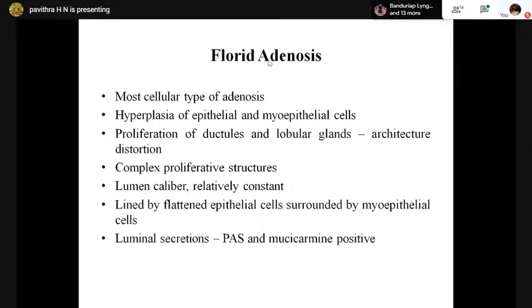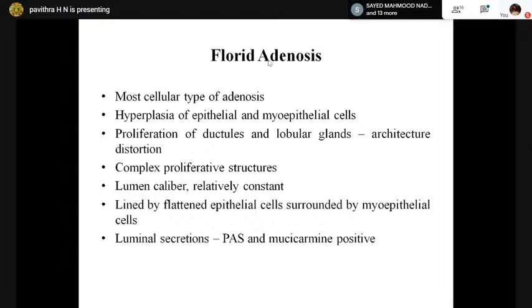So why is it? This happens because in adenosis, it is not like they are only proliferating. Along with proliferation, they are entwined upon themselves. So there is swirling and they entwine. That gives the appearance of more cells and more ductules than they actually are. That's how you see so many ductules and lobular glands in them, and they usually have flat epithelial cells